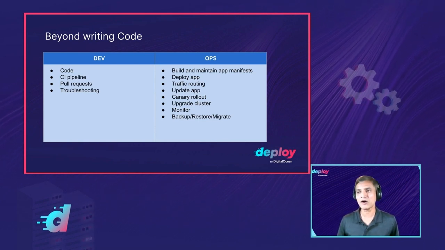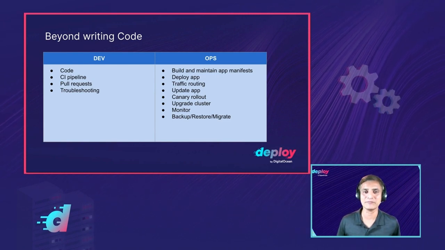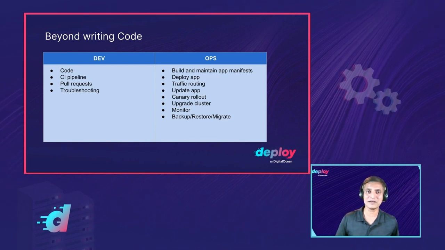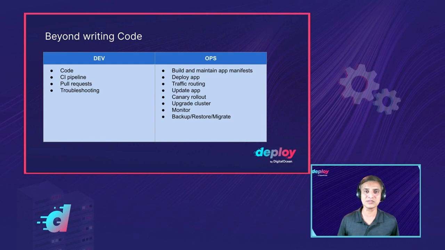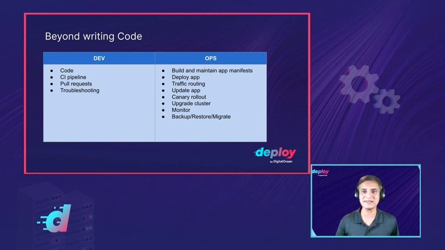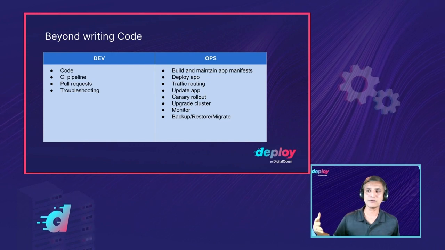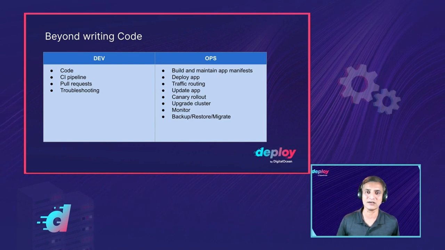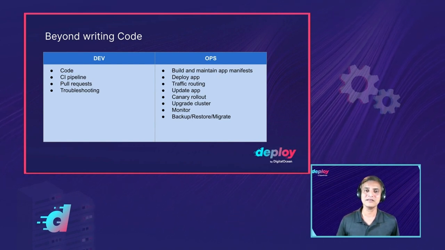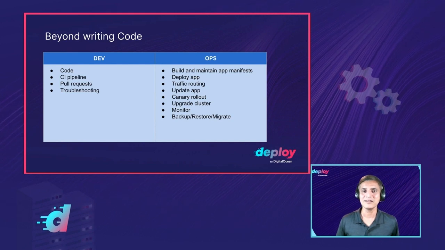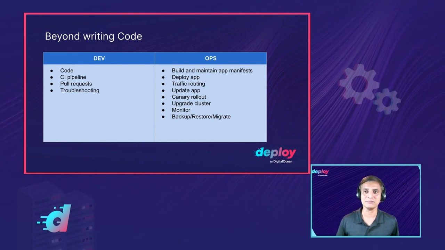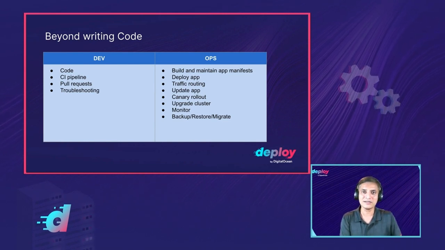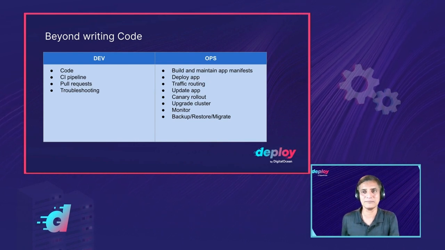After you're running that as an application, you also have to worry about all the operational aspect. So in a typical enterprise world, you can separate the development as well as operations. They belong to different groups. And the job of a developer is just write the code, build the application. The job of the operations team is rolling that out, monitoring it, troubleshooting it, doing the backup and restore and all of that. However, in the Kubernetes or the cloud native world, we see that all these activities, basically what you own is what you build, is what you deploy, and then you are responsible through the life cycle.